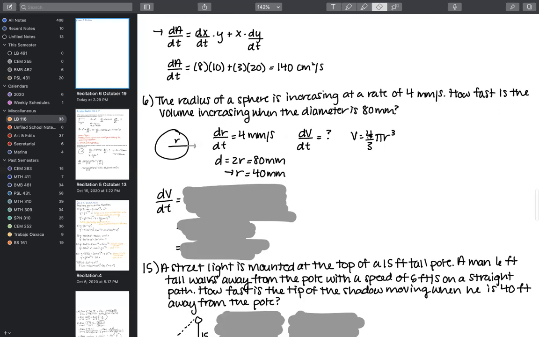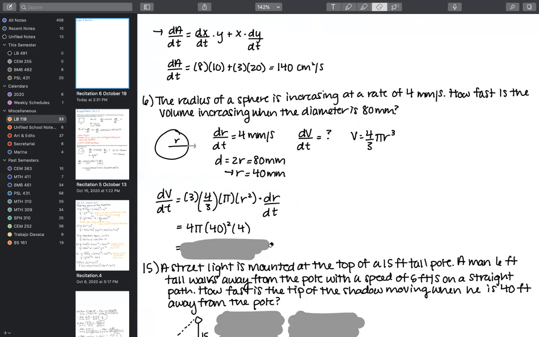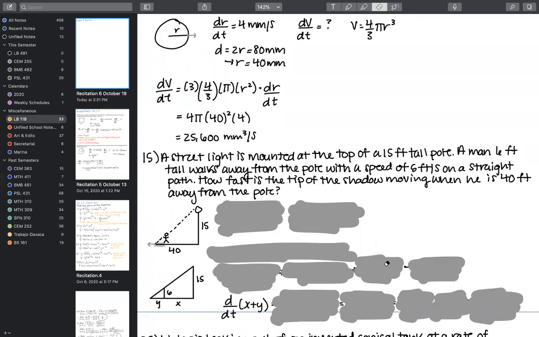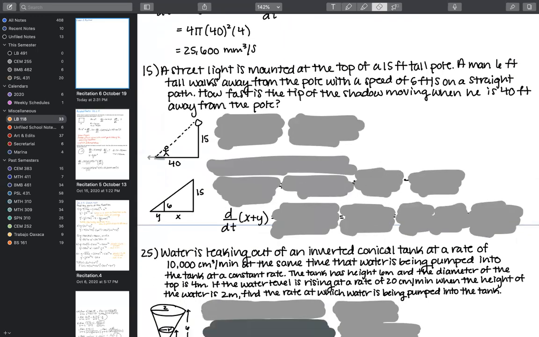And so from the volume equation, we're just going to differentiate. We do the power rule. We drop this 3 down front, reduce this to 2. And since the radius is changing, it has its own independent rate of change that's going to affect the greater rate of change, times dr/dt. Now I've got all the info that I need to just plug in. And so that's what I do. Plug in all these values, simplify, and then I get this familiar 25,600 millimeters cubed per second. So again, if you have any questions on that one, you can email me separately, but look back at the old recitation recording and I will go a little bit more into depth on that one.